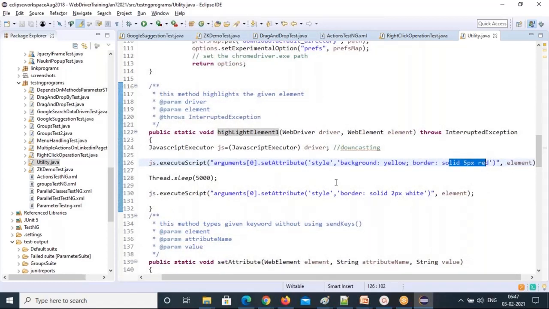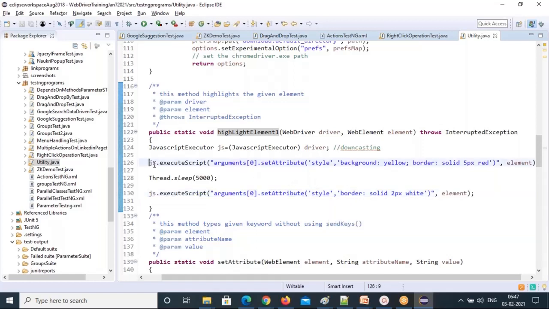After some time, I'm removing the highlight. js.executeScript is mainly used to execute JavaScript code. We have seen it previously also. arguments[0].setAttribute, style, border solid 2 pixel white. I'm converting it into white color so that the highlight will be removed on this element.